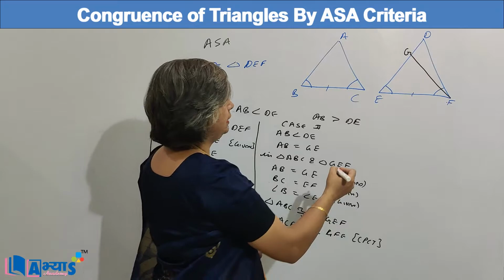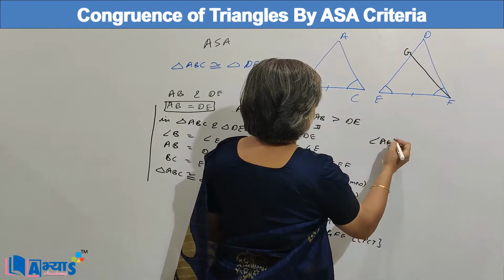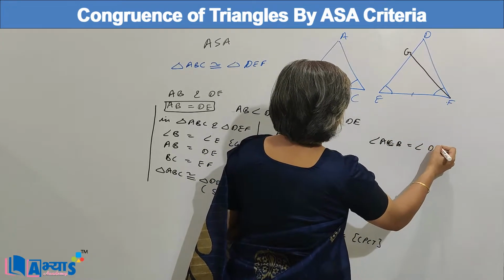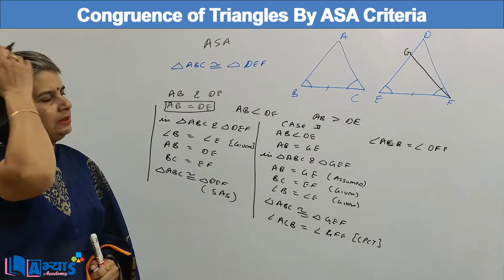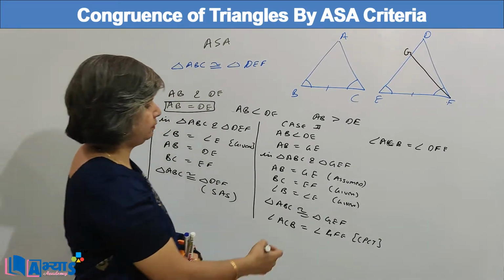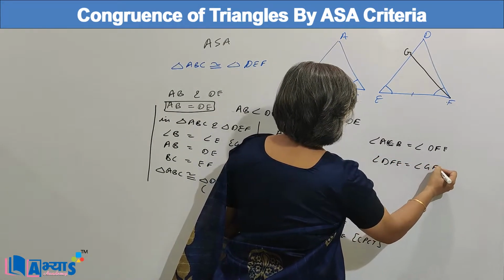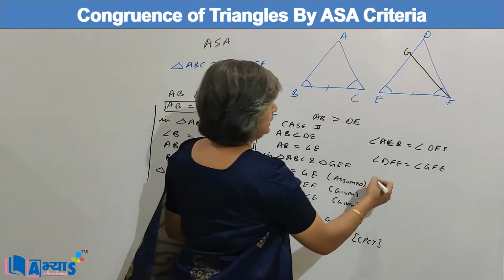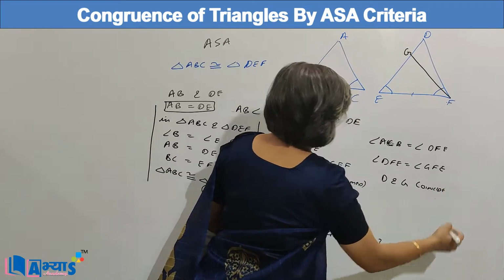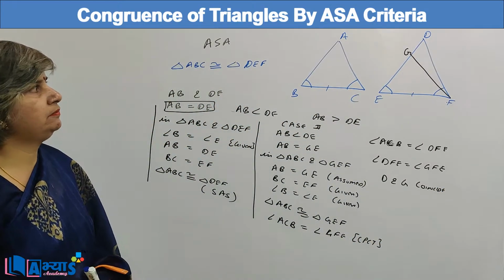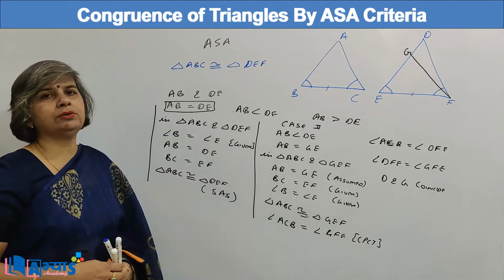But we are given that angle ACB is equal to angle DFE. It has been given in the statement that angle ACB is equal to angle DFE. So from these two statements we can say that angle DFE is equal to GFE. This is only possible when D and G coincide. That means D and G are the same points. That means we can say that DE is equal to AB. Hence triangle ABC is congruent to triangle